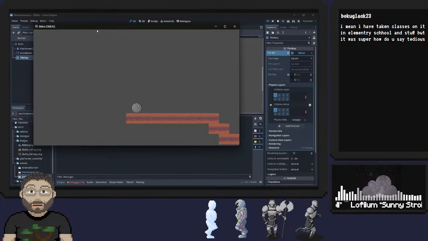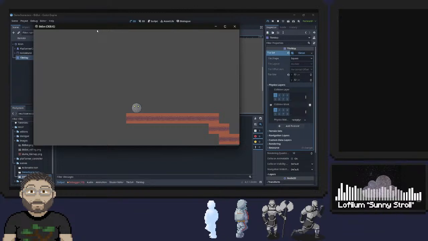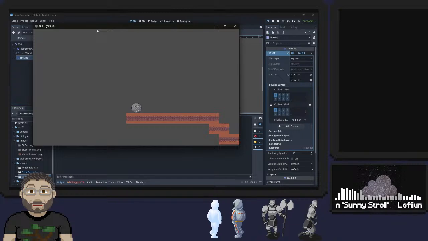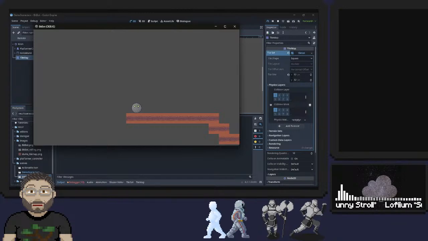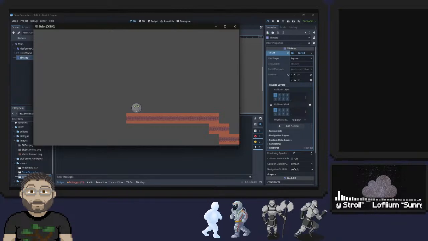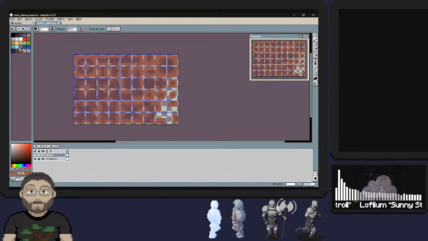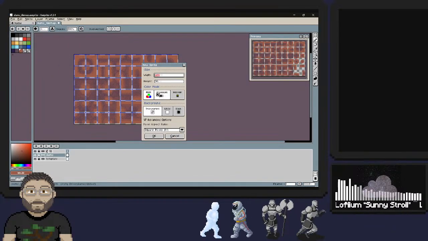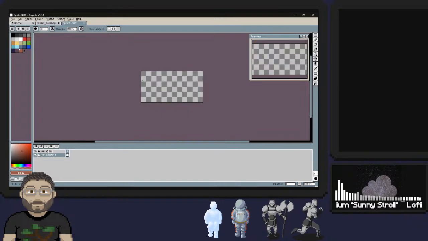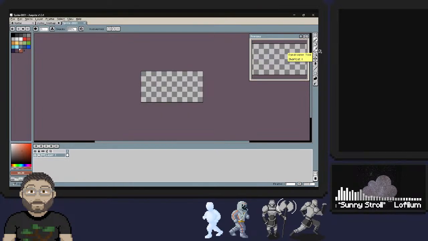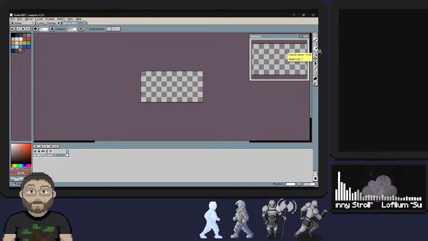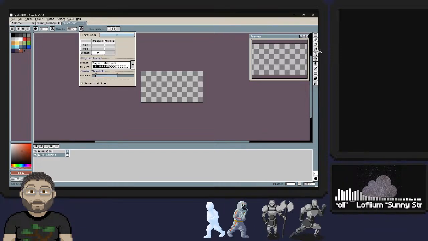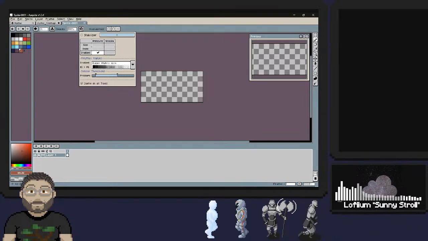Yeah, tedious for sure. It can be super tedious to have to draw pixels over and over and over again. That's where Aseprite really does help, and I wish I had used it before. So let me just make a new one. What Aseprite does that's pretty cool is that it gives you the ability to do automatic dithering, which is like the